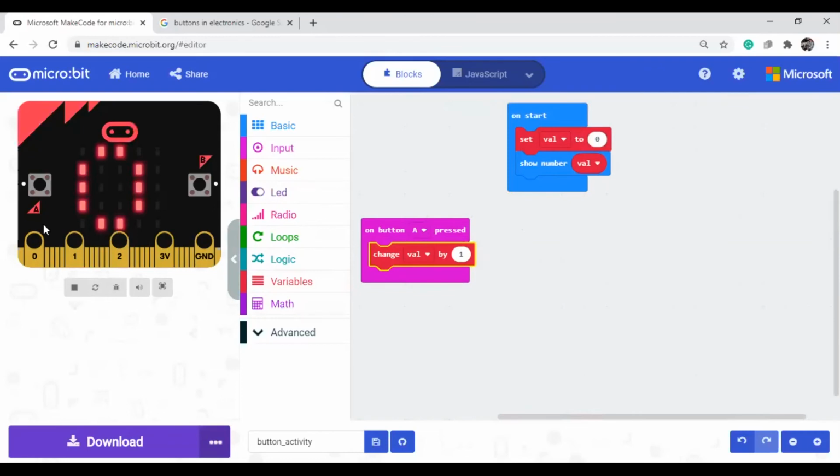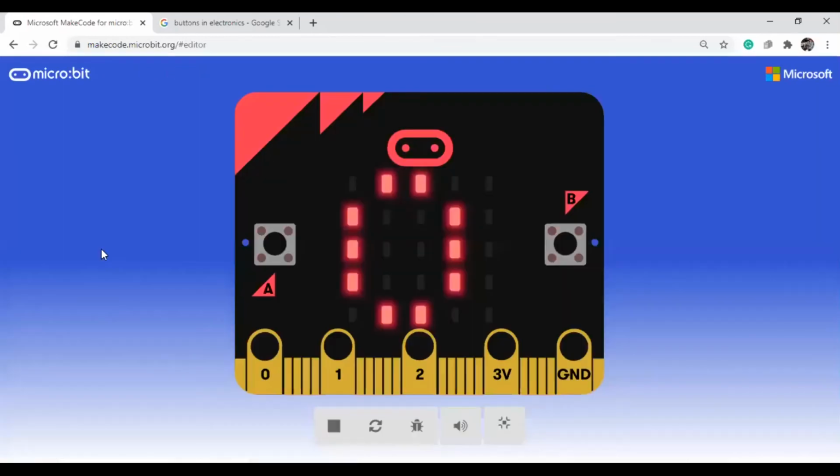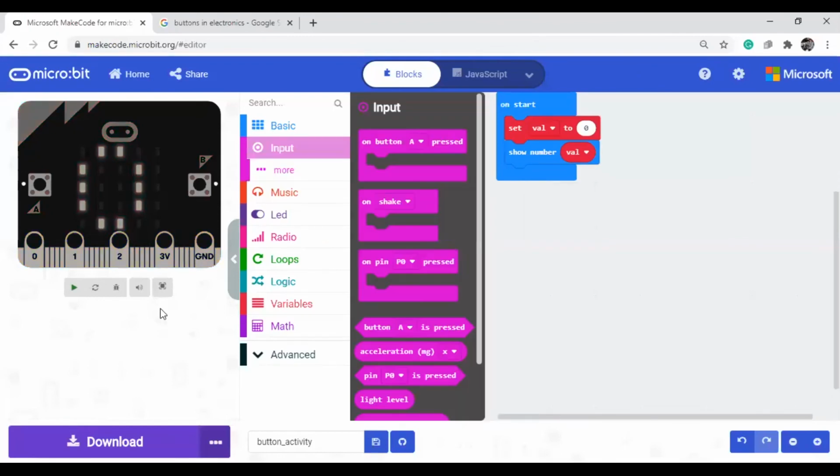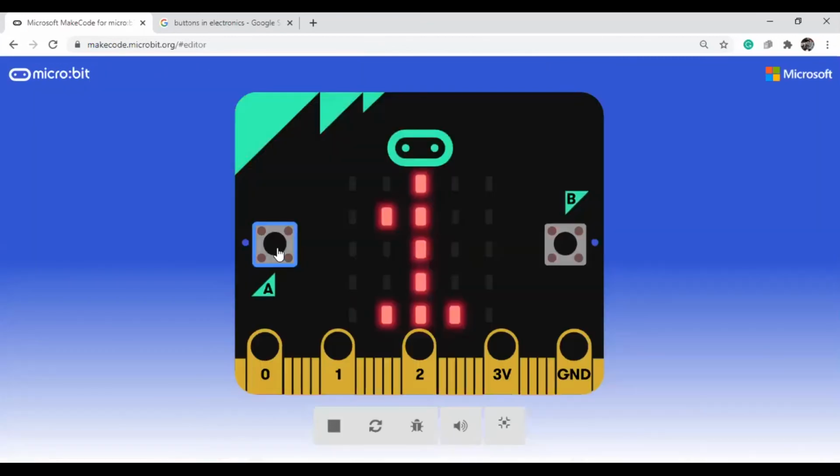But if I press button A, is it visible? No. So what we need to do? We need to display the value. Now check it out. Yes, exactly, it is working perfectly.